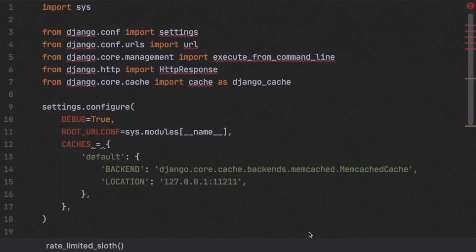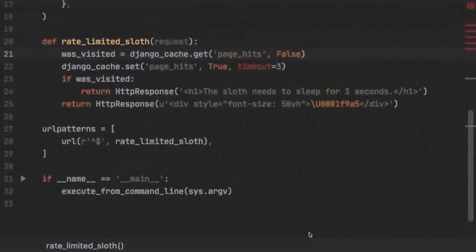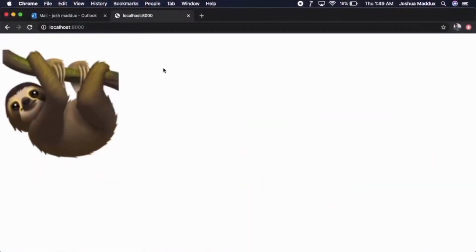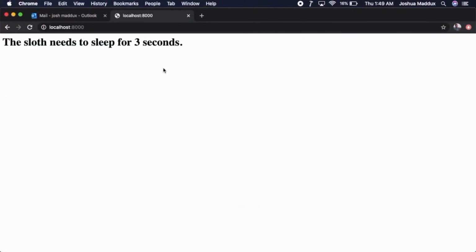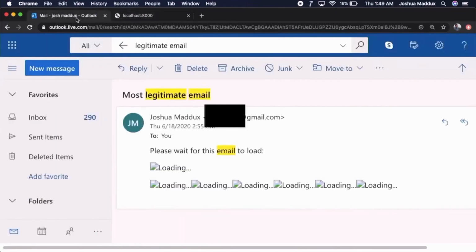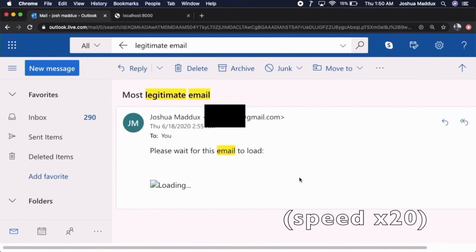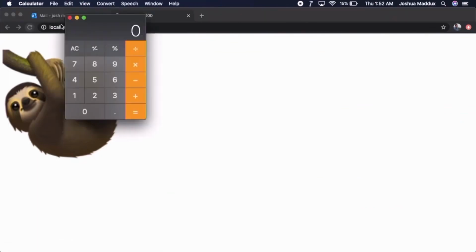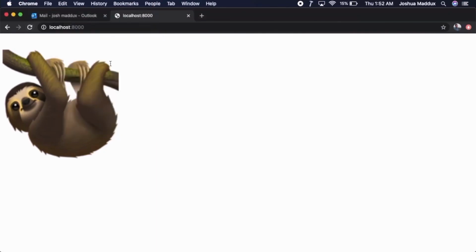And now for the actual demo. So as you can see, we're pretending I'm a Django developer running a typical app. But if we look at the app, it's pretty simple. We can view a sloth emoji, but if we refresh too fast, the sloth needs to go to sleep. And now for what happens when I get phished. As you can see, I've received some perfectly legitimate emails, and I'm viewing them. Normally, these image tags would be benign, but after viewing them, my sloth now opens up a calculator via a shell command. That's because the image tags pointed to the domain with my rebinding setup and a simple Python pickle payload.